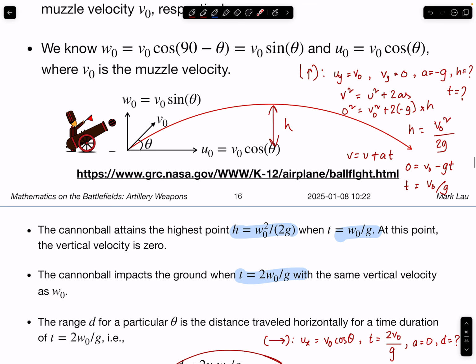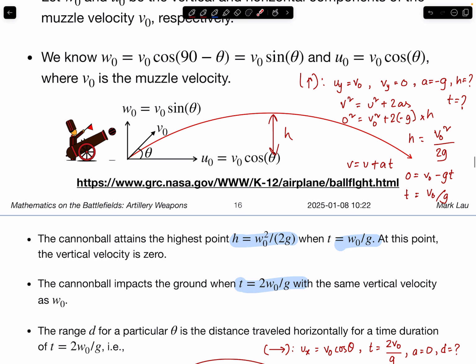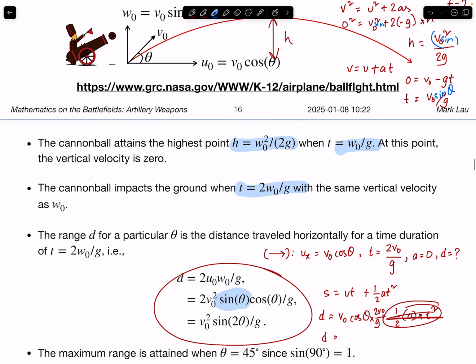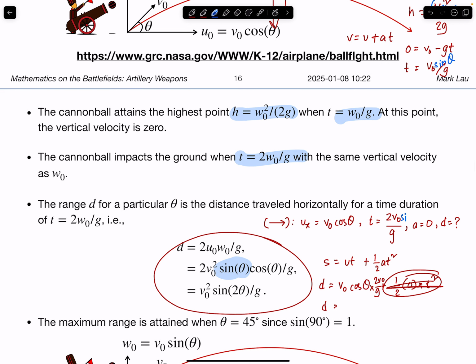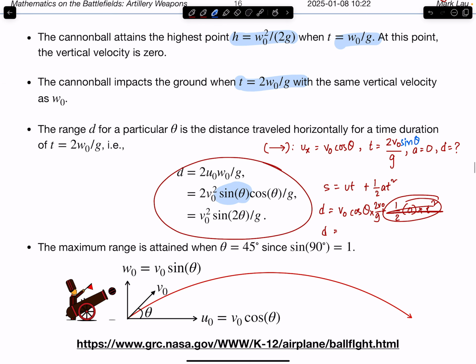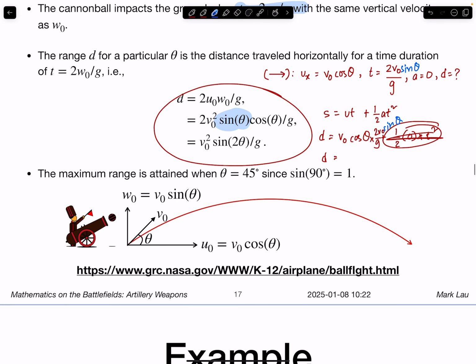Oh, yep, got it. So here is the issue. u naught should be v naught sine theta. So v naught sine theta square. This should be v naught sine theta, the entire thing square. And this should be v naught sine theta. So this entire thing is multiplied by sine theta. This is also multiplied by sine theta. So finally,